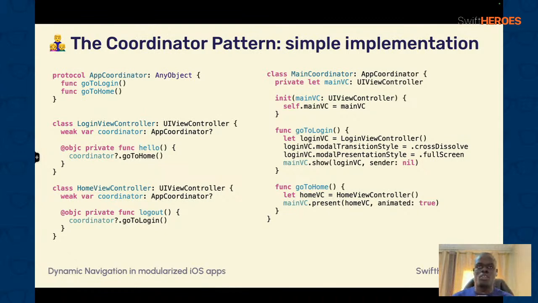So for the go to login method, we can see that it will just instantiate a login view controller, present that login VC with a transition style, a presentation style, and a modal transition style, and the main view is going to render to show that login VC. And for the go to home, it is quite the same, and we just instantiate the home view controller